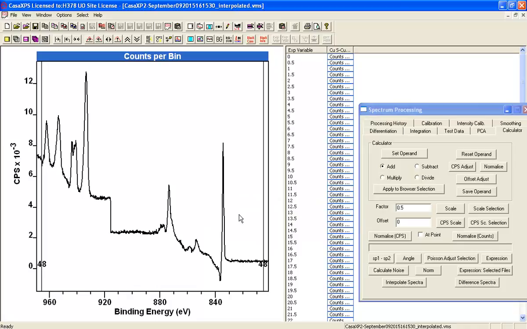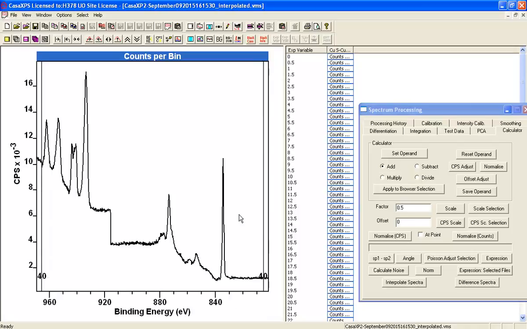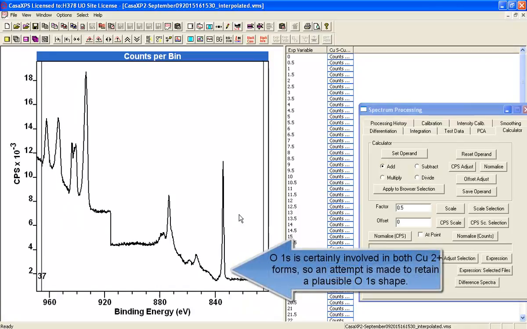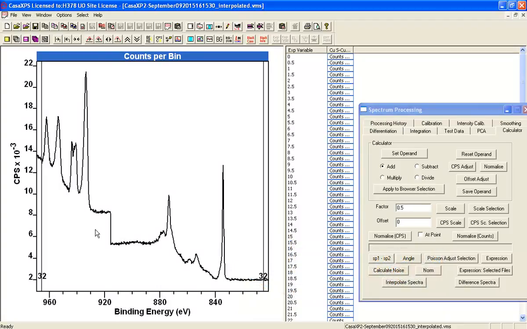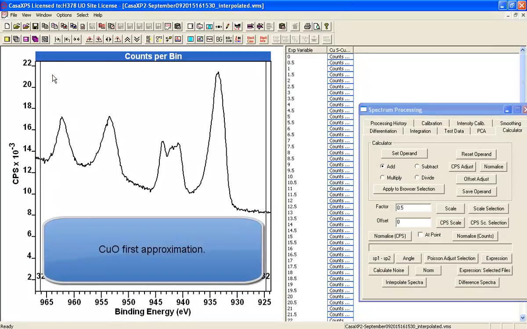There could be other reasons for that, but nevertheless we'll try and keep a reasonable shape for the oxygen peak as well. And as we do this and you come back, you then end up with a shape here which looks like it could be the major part is the 2 plus. So what we'll do is we'll copy that,